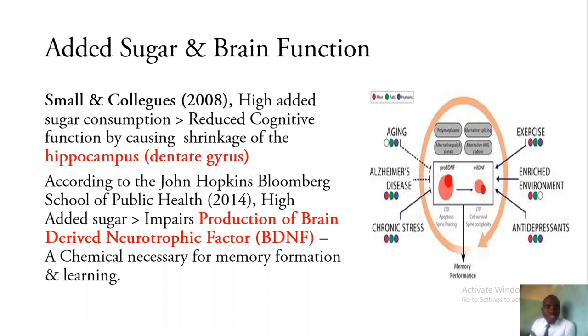Another study was done by the Johns Hopkins School of Public Health in 2014. They found that brain-derived neurotrophic factor, this chemical in the brain which helps to form sensory neurons and also helps with learning, has its production impaired for people that are more exposed to chronic sugar intake, and these are commonly